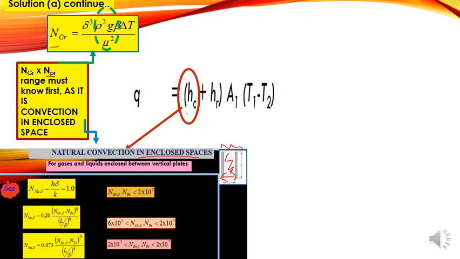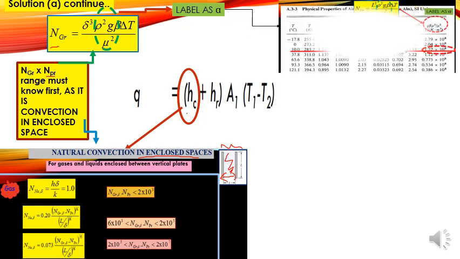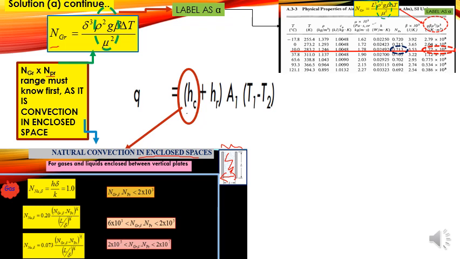Well, to use this equation, there's a trick. The items that I circled here, which I label as alpha, including rho, g, beta, and mu, I label as alpha because we can get these items directly from the table. For example, this is the properties table. These are the items that I label as alpha, which you can get from the last column here. So in order to determine the Grashof number, you just need to multiply with the